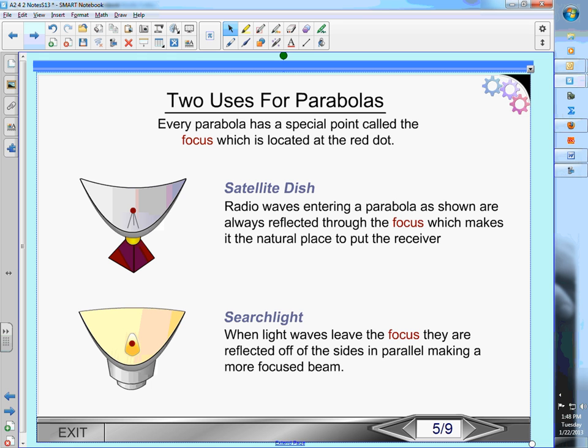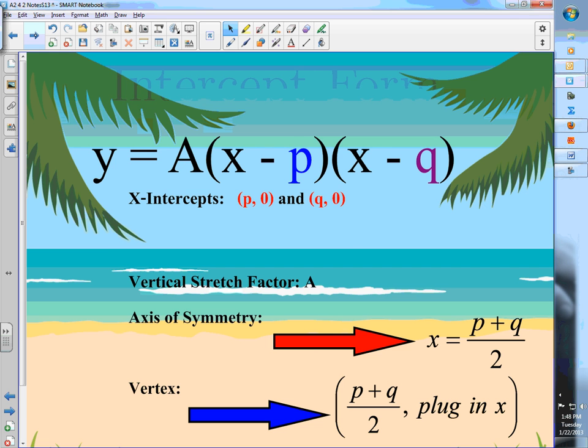Now, I think most of you have probably had the experience where you had a flashlight, and we have some at home where you can change where the light bulb is, and it makes the beam either a bright wide beam, it's not as bright, or you can focus that beam into a much more direct one where you have a smaller area that you can see. And it matters where that light bulb is. I think